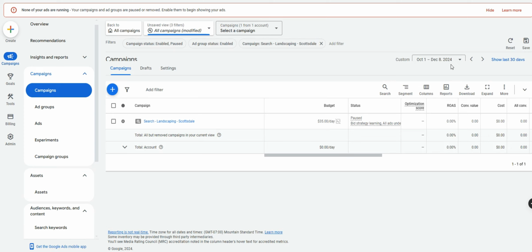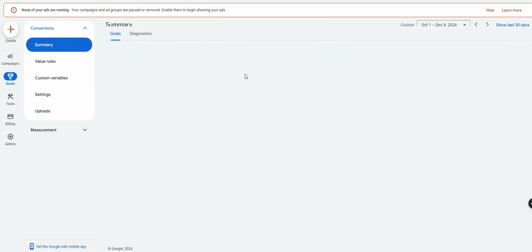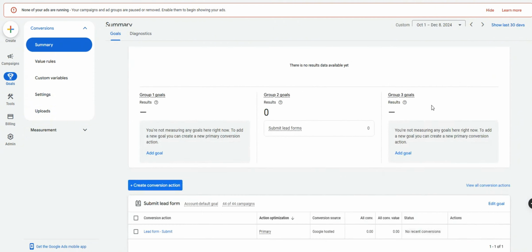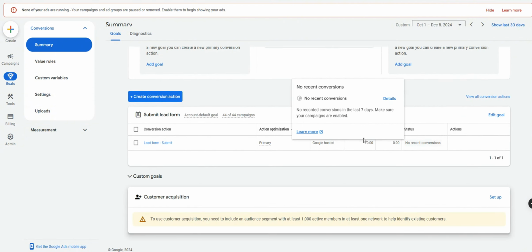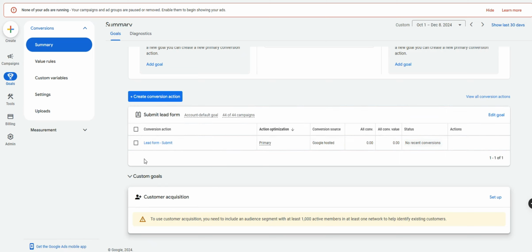Okay, we're 90% ready to go live here, but you absolutely should not launch your campaign until you have proper conversion tracking set up and verified. Let's go ahead and cover that now. On the left side, go to goals, conversions, summary. Now this will open up all of our conversion actions. Scroll down here to see what's already in the account. You may notice some auto-generated ones, like for example, lead form submit is automatically created. You may even have one that says calls from ads automatically created, but just to be triple sure, we're going